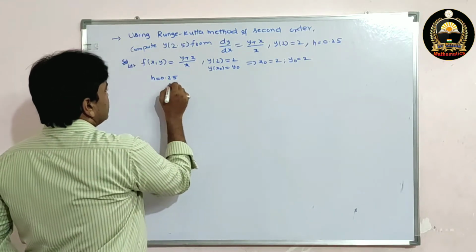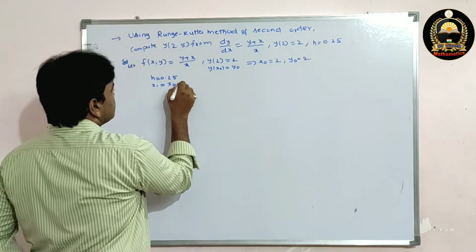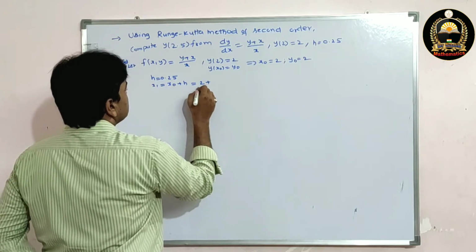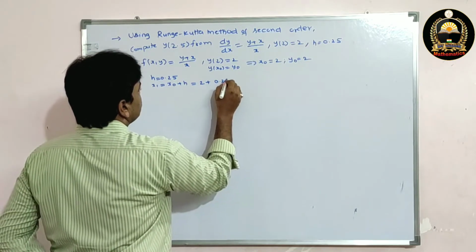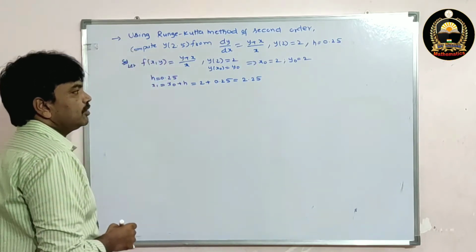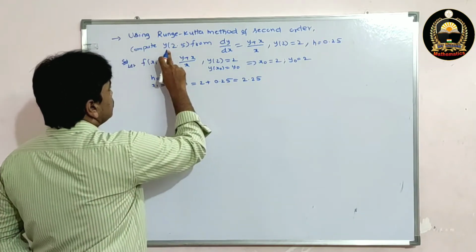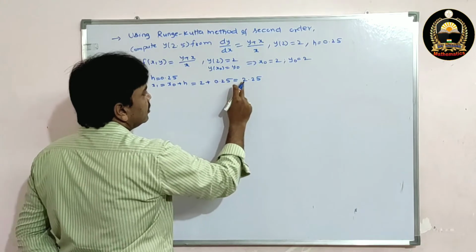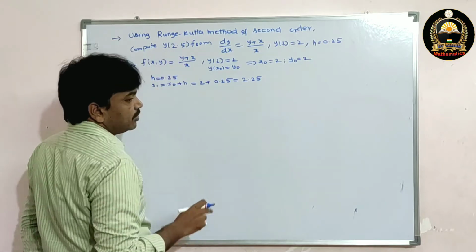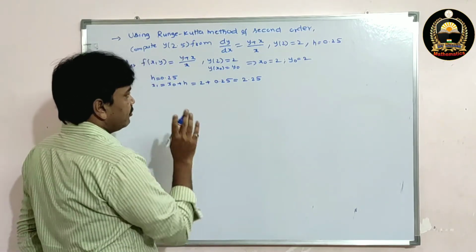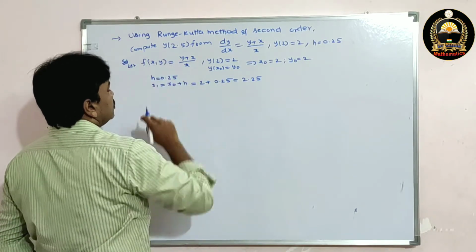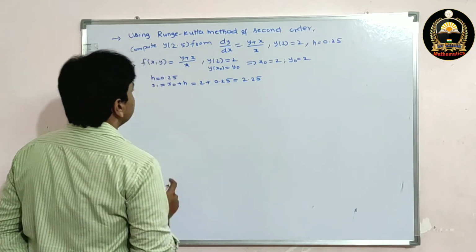Now what is x1, students? x1 is equal to x0 plus h. What is x0? 2 plus what is h? 0.25. That is equal to 2.25. But we need to find y at 2.5. That means you first find 2.25, later you find, in second approximation, y at 2.5. Have you got the point, students? First we get y at 2.25 in first approximation, in second approximation we get y at 2.5.